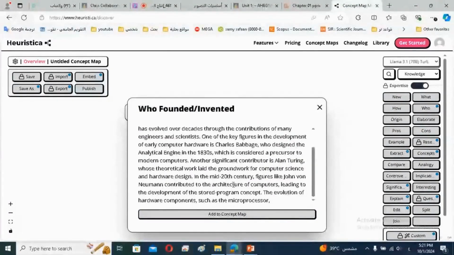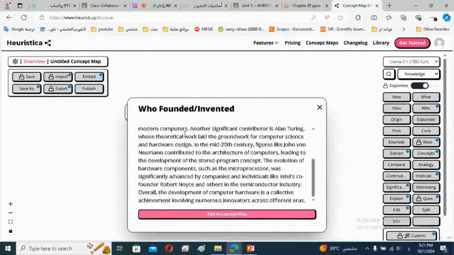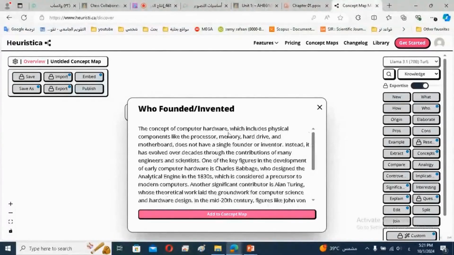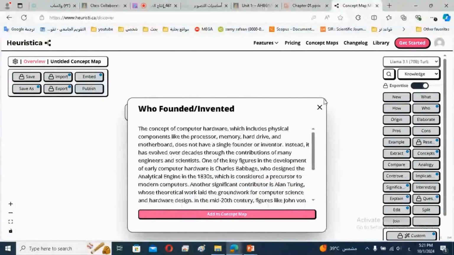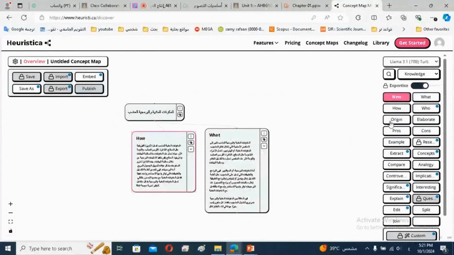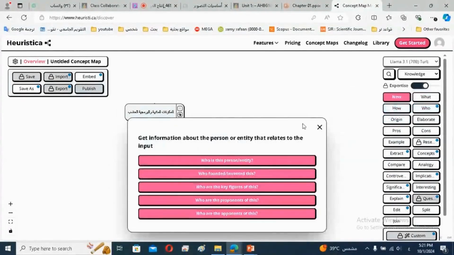You'll see it appear here, and it will tell you the model of the computer. I'll show you how to change the language to Arabic, no problem. So it says, this computer is the concept of computer hardware, which includes physical components. It starts giving you information about the memory card and provides complete details on this topic before I close it. Then I go back and click on the word hold.